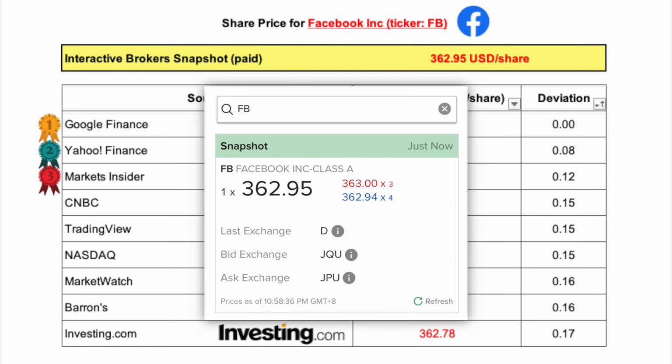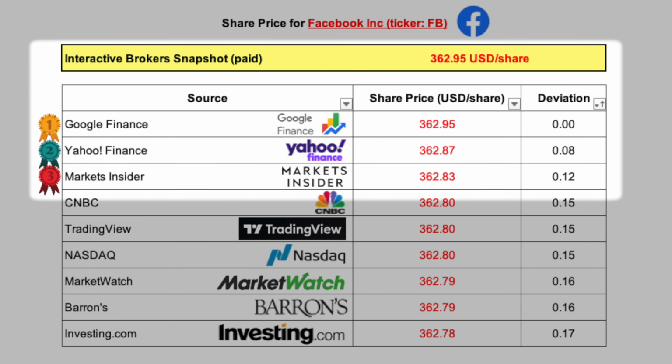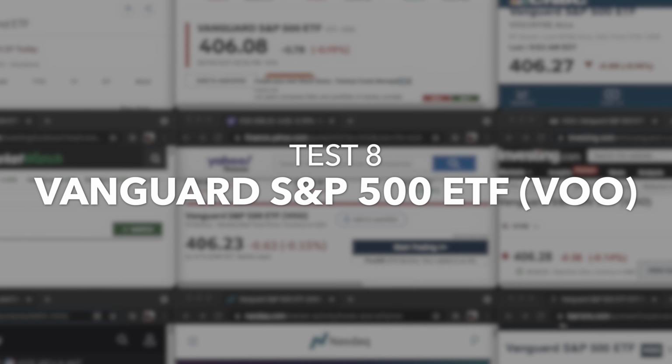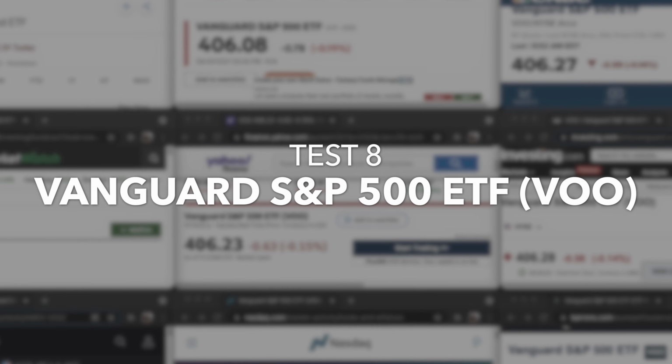No harm having more data, right? Here's the result. Google Finance at the top spot with the same price as the live share price, followed by Yahoo Finance in the second place with an 8 cents deviation, and Markets Insider at the third place with a 12 cents deviation. Now let's take a look at one of the most popular ETFs, the Vanguard S&P 500 ETF,